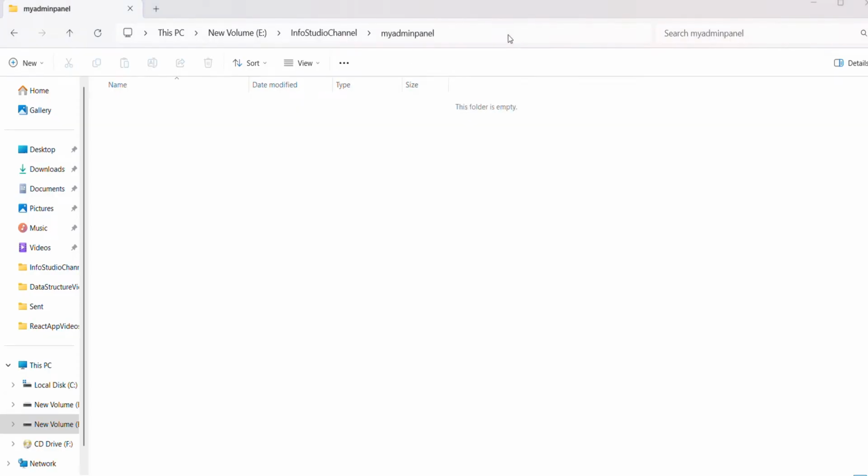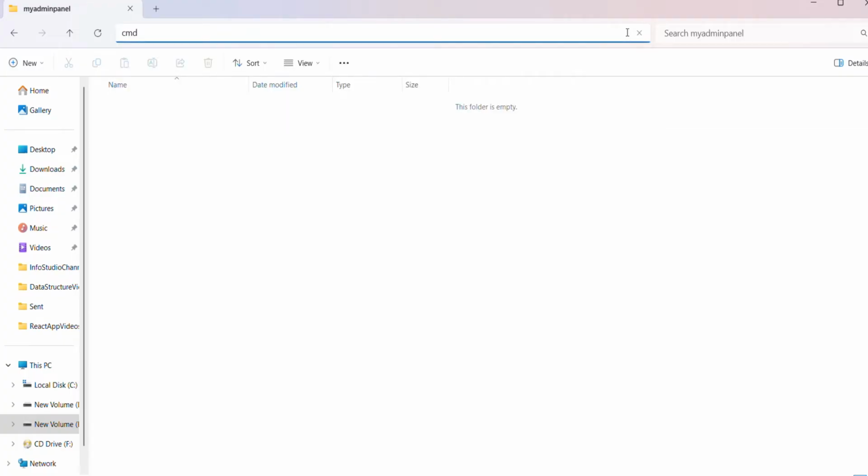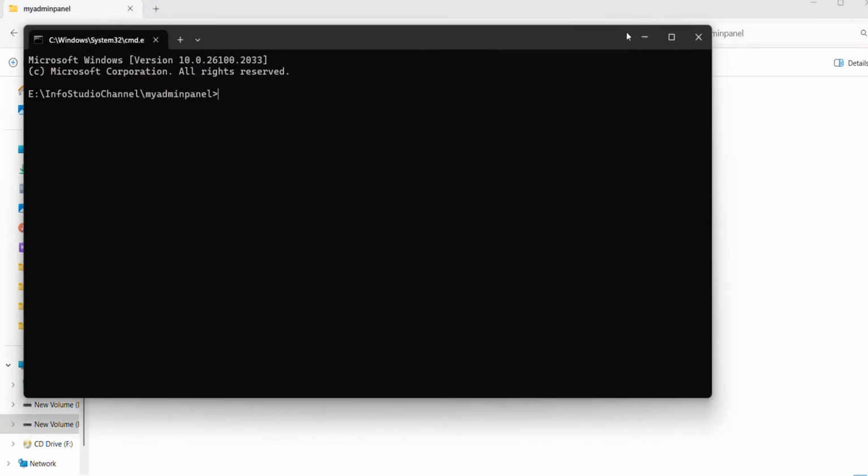Let's start creating the admin panel. First, we will create our React app project. Go to the folder where you want to save your React project, and from that folder, open a command prompt. Let me first show you which Node.js version I am using. Here you can see my Node version